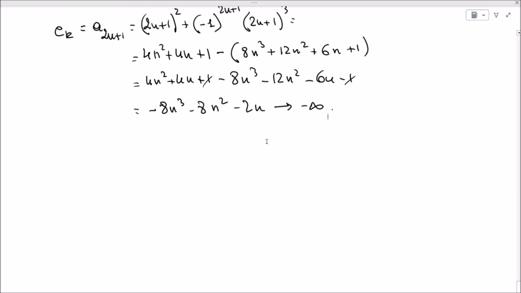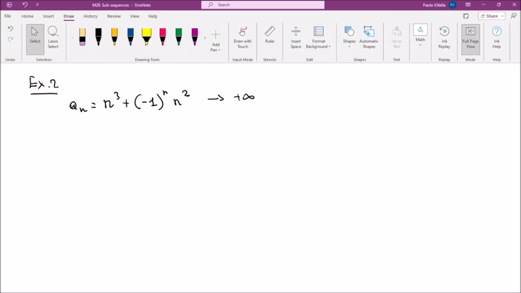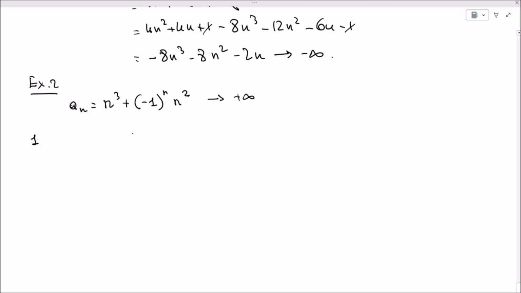Okay, let's take another example. Example 2. Let's take this sequence a_n equal to n cubed plus (-1)^n times n squared. And we would like to prove that this will tend to plus infinity. Okay, let's see how we can do this. Well, we can follow two approaches. Okay, the first approach